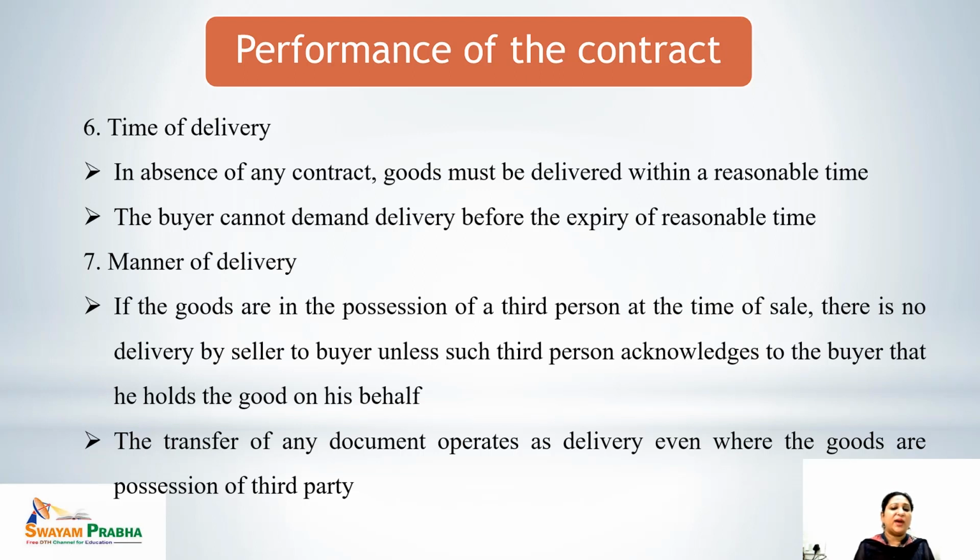Next point is regarding manner of delivery. Manner of delivery means how the delivery would be made. Basically, if the goods are in the possession of a third person, that means there is no delivery by seller to buyer unless such third person acknowledges to the buyer that he holds the goods on his behalf. The transfer of any document operates as delivery even where the goods are in the possession of a third party. Let's suppose goods are not available with the seller, they are in the possession of the third party. So once the title of the goods, the documents of the goods are being transferred, so this is the right